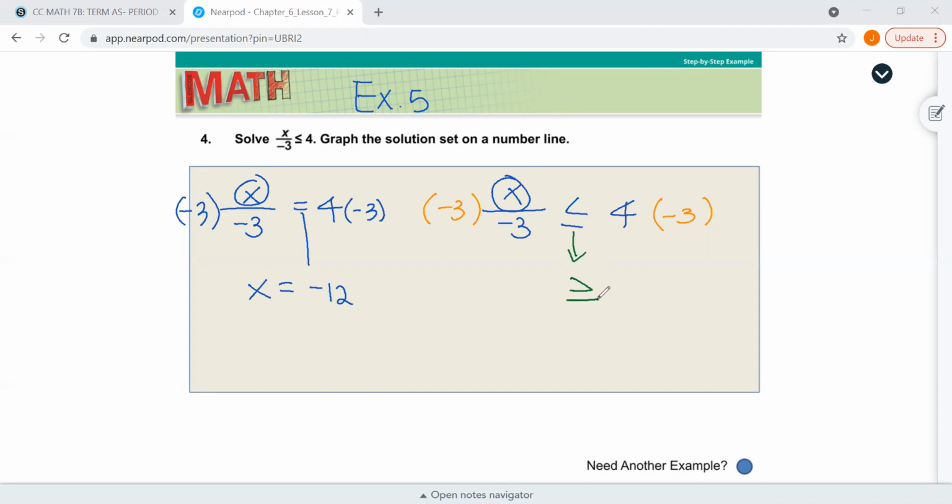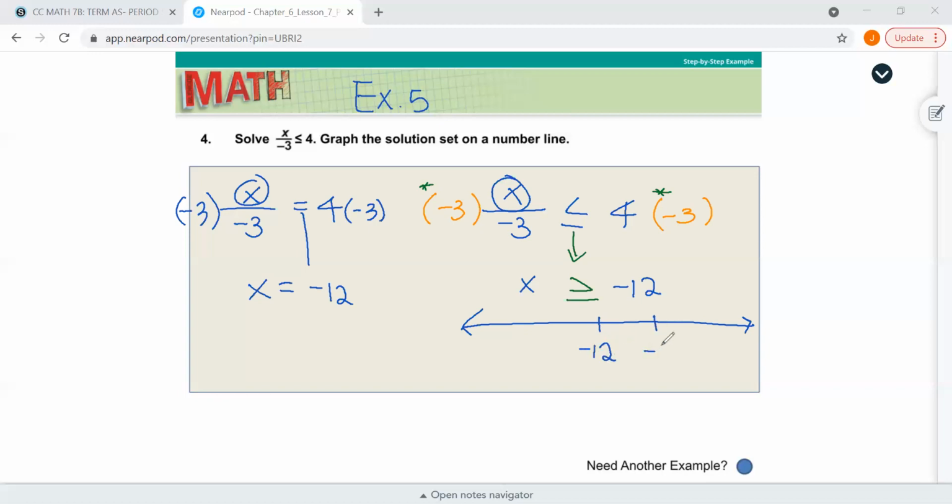You have to reverse the sign because again, we multiply by a negative number. So here, now X is greater than or equal to -12 because you reversed it because you multiplied by a negative number. So we're going to show the solution set on a number line,